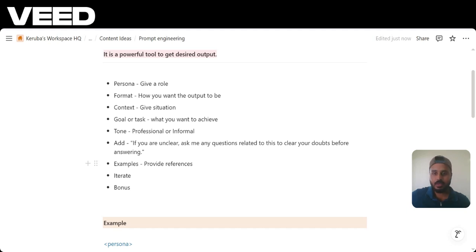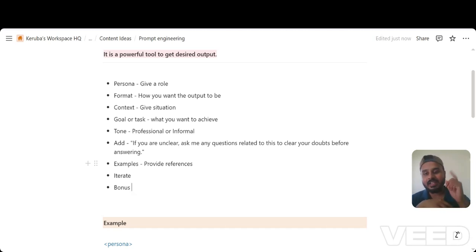And it's always better to provide an example. Let's say you want a certain type of output; please provide an example of how you want it to be so that it can generate the result accordingly. And guys, to be honest, it is not a one-time thing. We do it and we receive it? No, we need to iterate at least twice or thrice to get the best output. Just change the prompt a little bit after getting the first output so that we get the desired output.